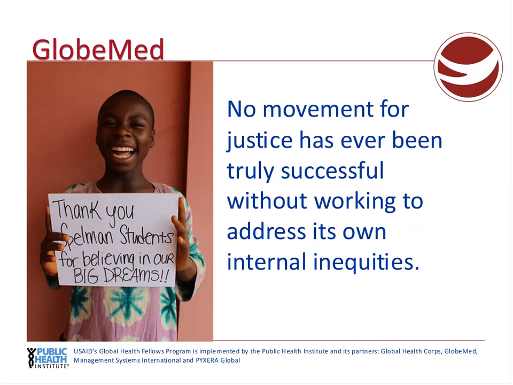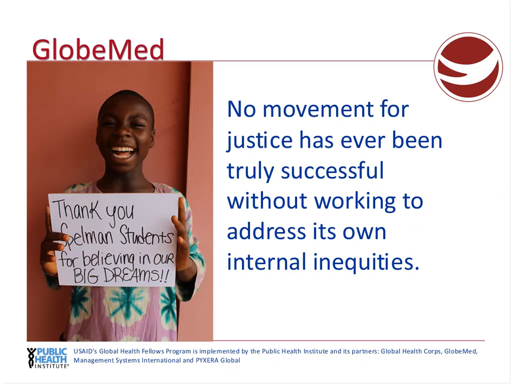So the reason I'm talking about GlobalMed on this webinar is that GlobalMed is currently undergoing a process to restructure our organization and shift its culture so that it is accessible to, relevant to, and supportive of all students, especially those from marginalized groups. We're working to give as many students as possible, with the support of GHFP, the opportunity to hone the skills that will be helpful for a career in global public health and get that field experience that I talked about where you get to travel to your partner organization and build meaningful relationships with communities abroad and peers here in the U.S.